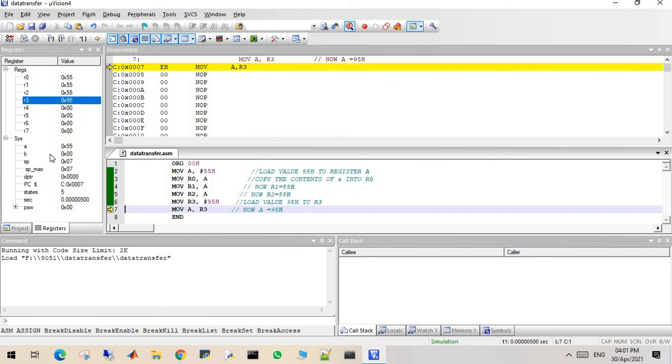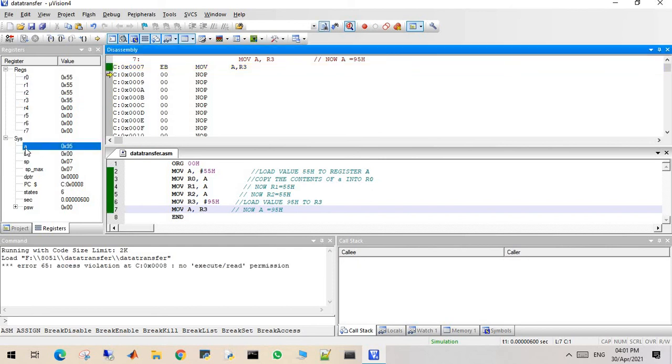MOV A, R3: this 55 will become 95 as soon as I press F11. I pressed F11, and A has become 95H. After that it says no execute or read permission. If you press F11 again, it has come to the end of the program. So that's all.